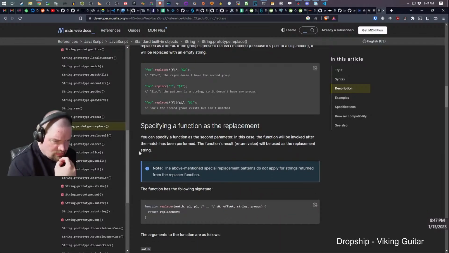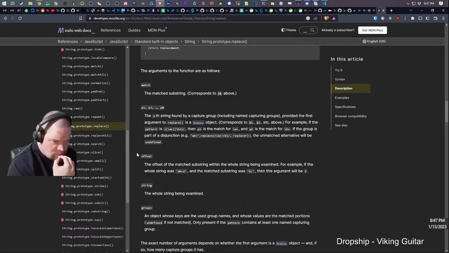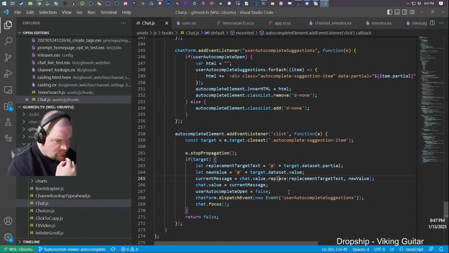Let's go up to the nearest word boundary. If I did, let's see, replacement target text.